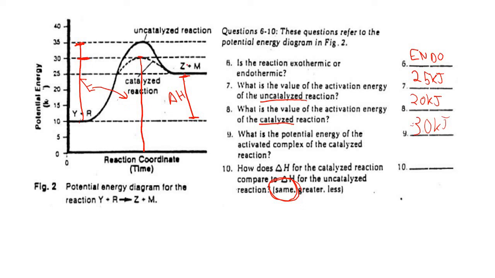Right? What is our delta H? If we had to calculate it, 25 minus 10 gives us 15. Right? But not just 15, positive. Don't forget the sign. So if we had to calculate the delta H here, it's positive 15 because it's endo. Gaining is good. Gaining is positive.